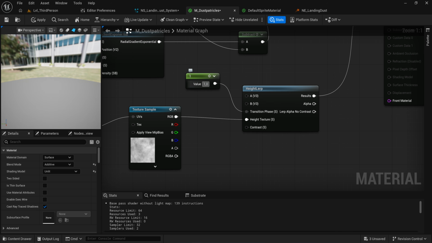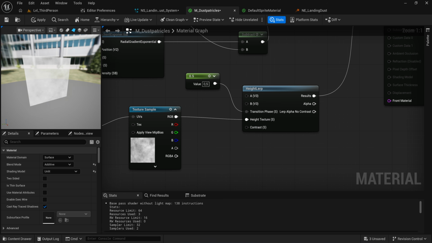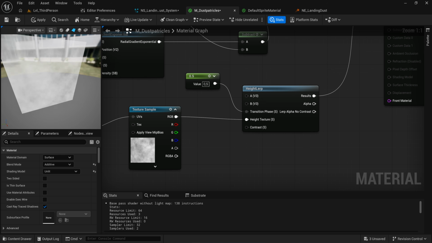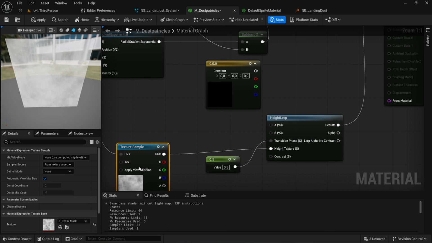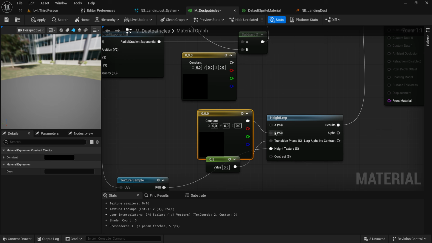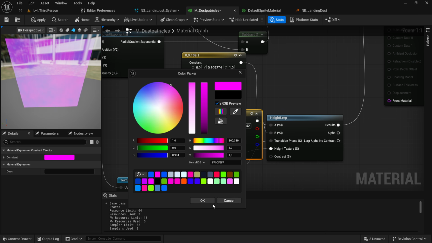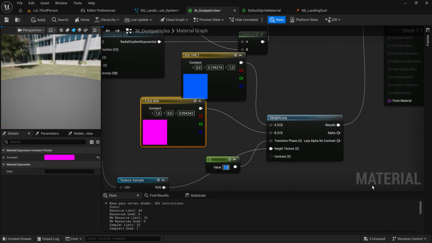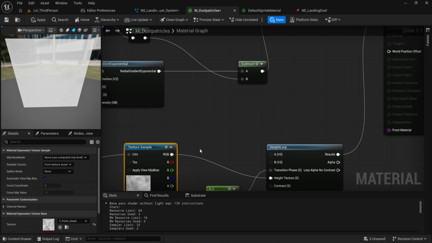Now everything is entirely black because it's just 100% displaying B. If I set this to 0, it's 100% displaying A. But if I set this to 0.5, you can see that it is now interpolating through that and showing some of this noise pattern. It might become a little bit more obvious if we don't do this with just 0 and 1, just black and white, but just straight up add in two different colors. So let's just make this blue and go to like a magenta pink type of deal. And if I'm at 1, it's entirely pink. At 0, it's entirely blue. At 0.2, it starts kind of blending between these based on this texture,